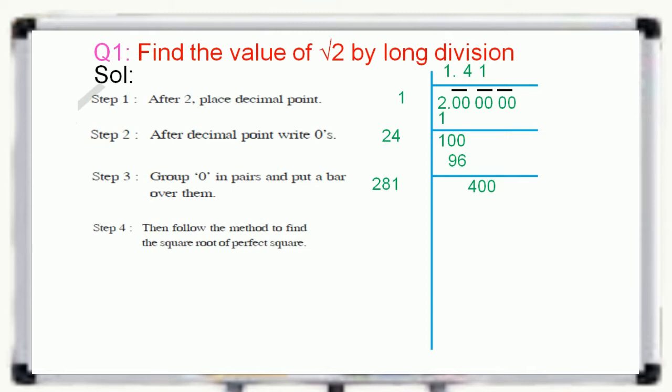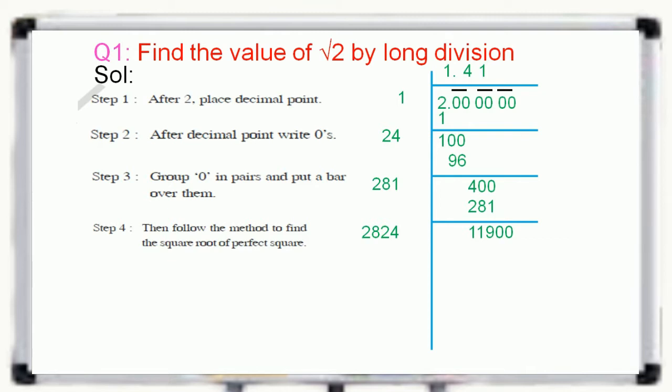281 into 1 is equal to 81. After subtracting we get 119. By taking 2 zeros, 11,900. So by following the rules of long division, now the divisor became